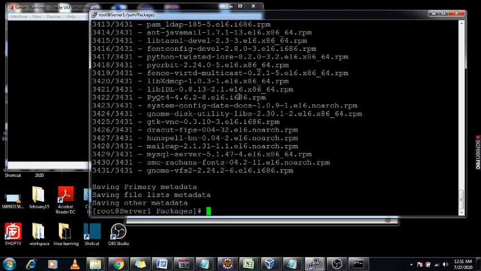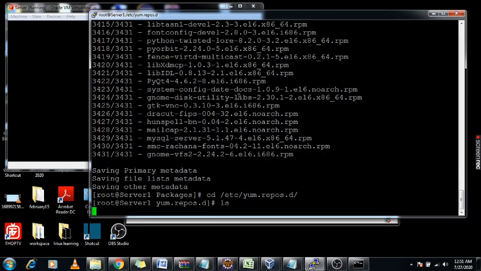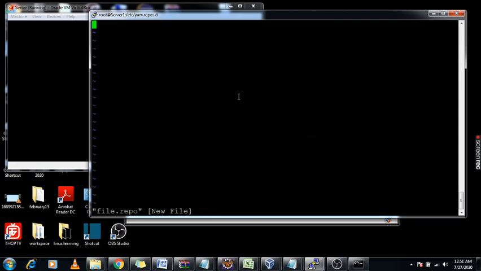Now we can check the configuration file where we need to put this information. So cd /etc/yum.repos.d, there are no files. Now I am creating one file, that is yum.repos, or you can mention any name like file.repo, but the extension should be .repo.